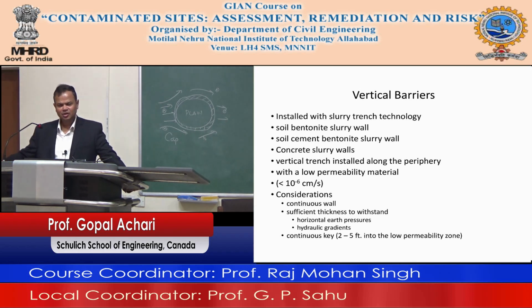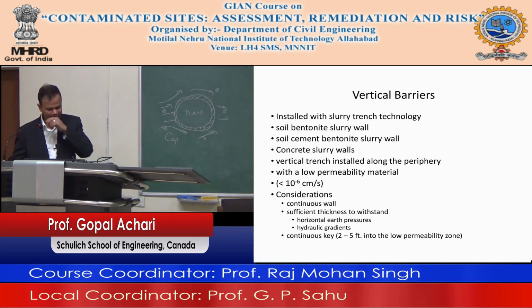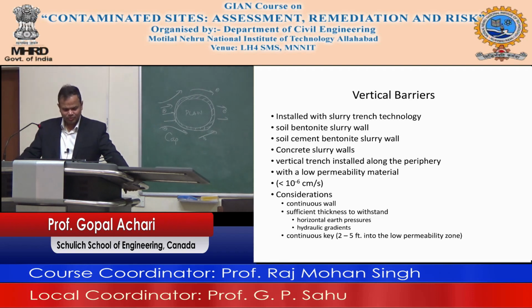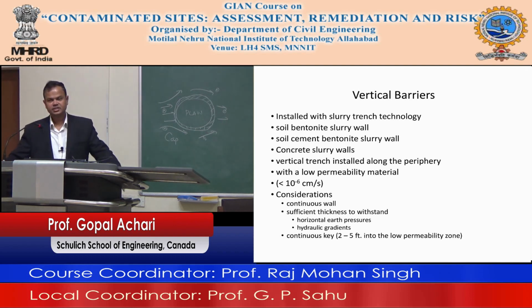Cement will give it more strength. So instead of just mixing soil and bentonite, you mix soil, cement, and bentonite. And what will the soil, cement, and bentonite do? It will have a higher integrity, higher strength. Okay, if you just put a soil bentonite, you can get a permeability of 10 to the power minus 7 and